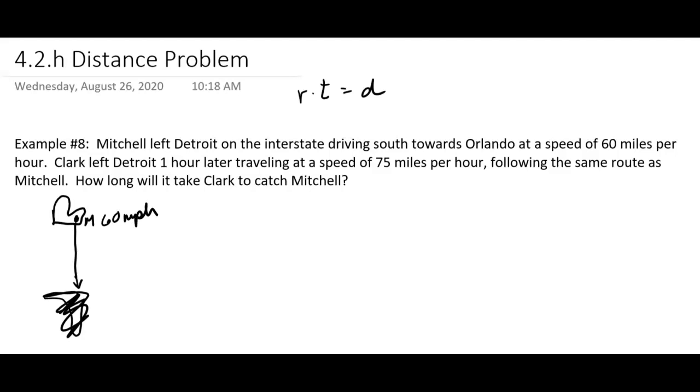Okay, Clark, give Clark a green color. Clark's going to leave an hour later, and he's going to go 75 miles an hour, following the same route as Mitchell. How long will it take Clark to catch Mitchell? Okay, so Mitchell,